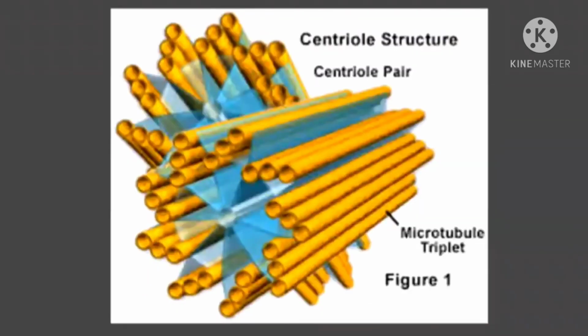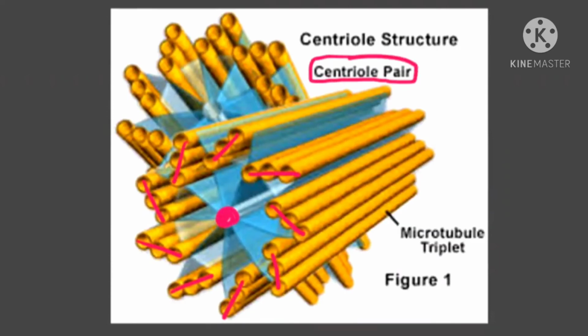See this structure, it will appear this way, beta. Okay, understood? This is your triplet. Again, I'm highlighting, this is triplet. 3, 4, 5, 6, 7, 8, 9. Okay, beta, and this is your proteinaceous hub. And these are the radial spokes. This is one pair, and this is second pair. So this is your centriole present as a pair. And when it is present as a pair, then we say this organelle is known as centrosome.